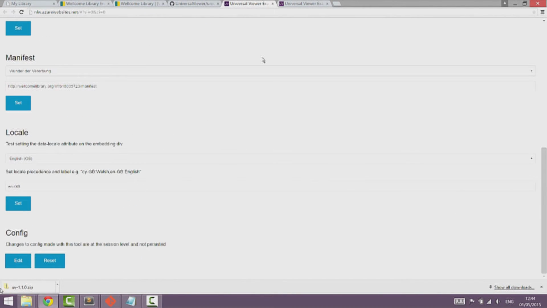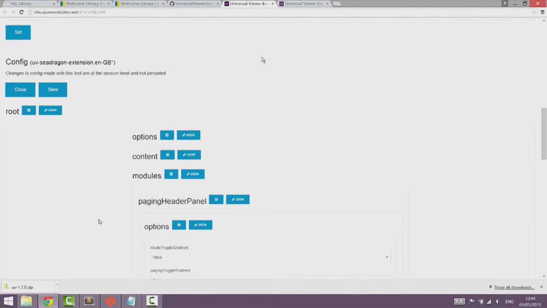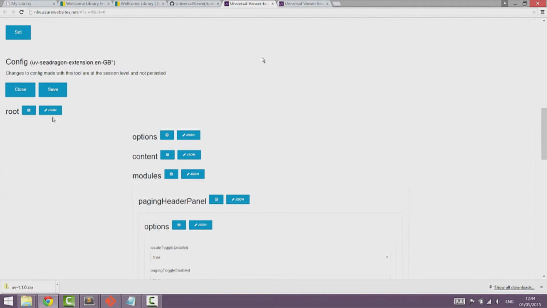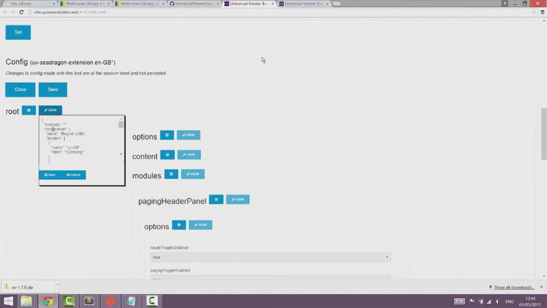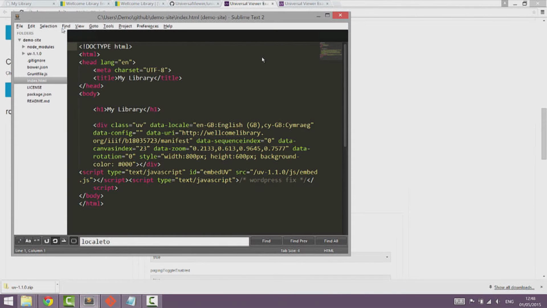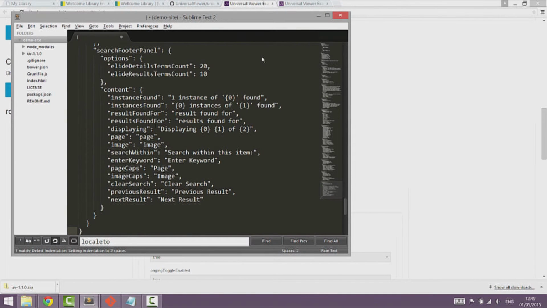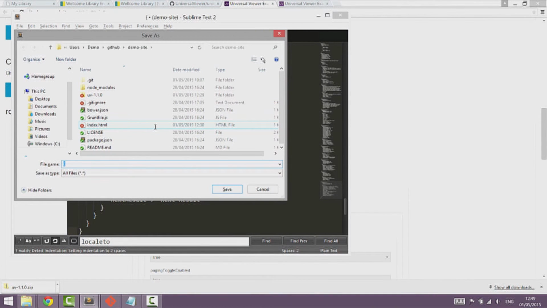If we now scroll back and open that up again and re-enable it, there's a JSON button here. We can click in there and copy the JSON code that's been generated by the configuration editor, and anything about the viewer can be configured in this way. If we now go back to our demo site and create a new file and paste the configuration in, and then save that as myconfig.json,